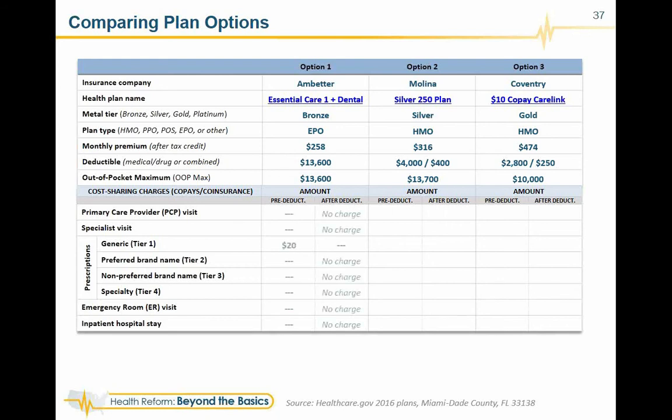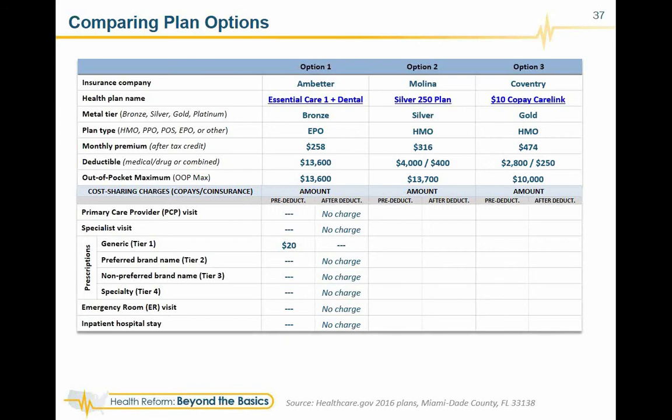This means that for every service subject to the deductible, Joe and Danielle are going to need to pay the full cost of services until they hit that $13,000 amount. After that, because they've hit their out-of-pocket max, all in-network services will be paid for by that insurer. Note that the plan does cover generic drug prescriptions pre-deductible, but that is the only service exempt from the deductible